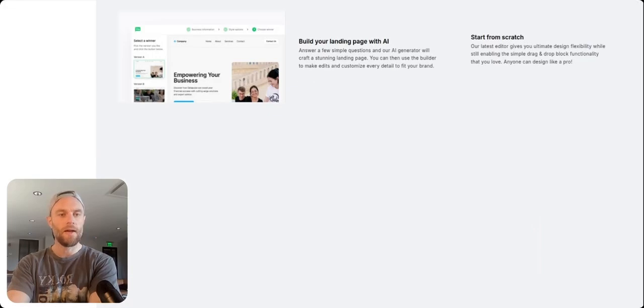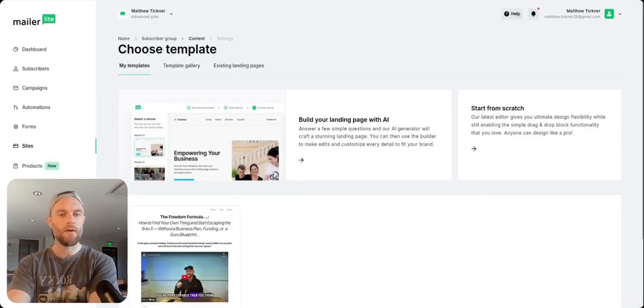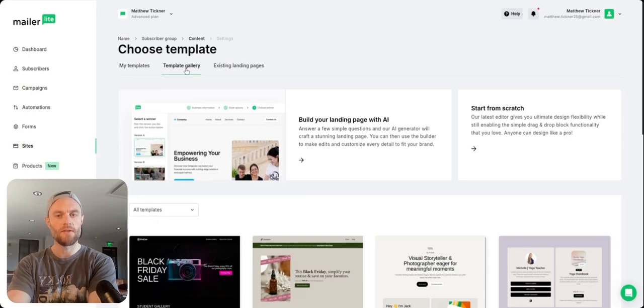Cool. And now we're going to get that. So the really cool thing with MailerLite is you can build a landing page with AI. You can build it from scratch. You can also use the template gallery, which is pretty cool. So if you go to template gallery,